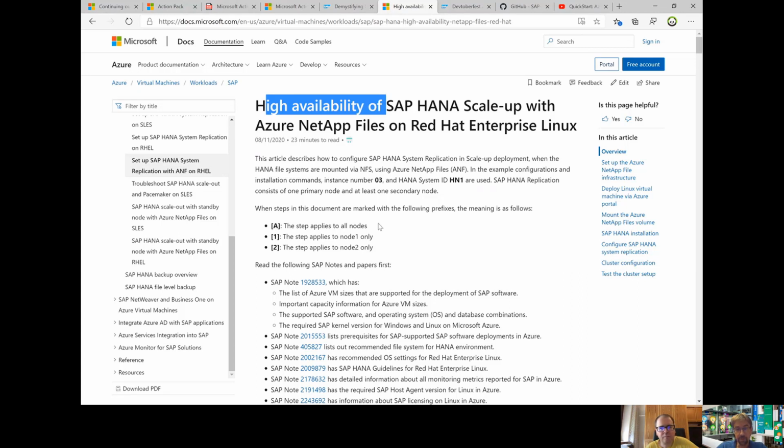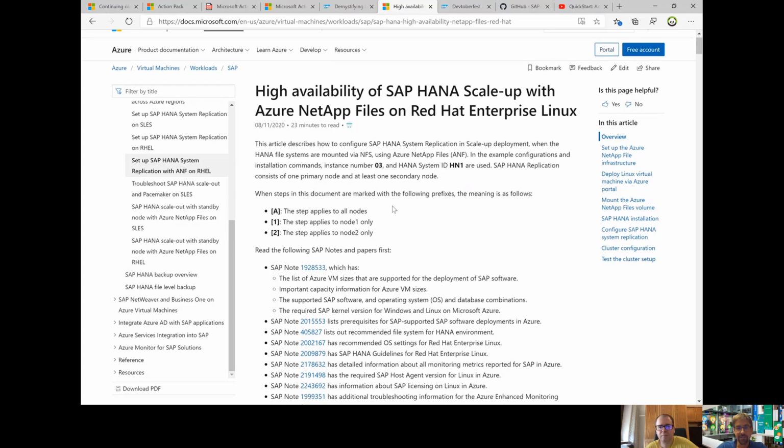So I think Goran had mentioned this in one of the last sessions, that all the blogs are nice, but this is the official documentation. So now I think Ralitza from the core engineering team has worked on this documentation.